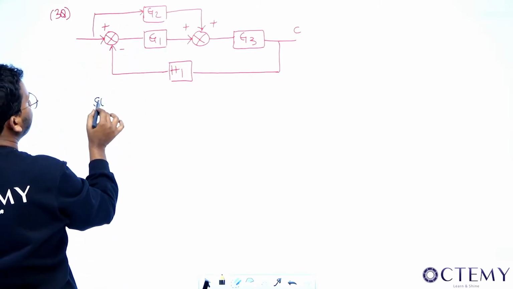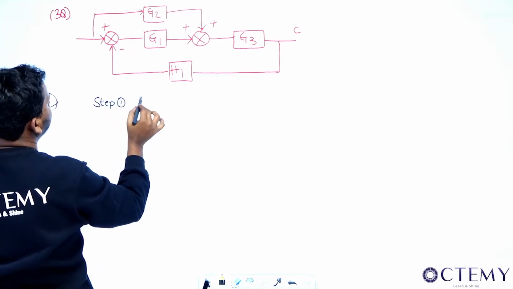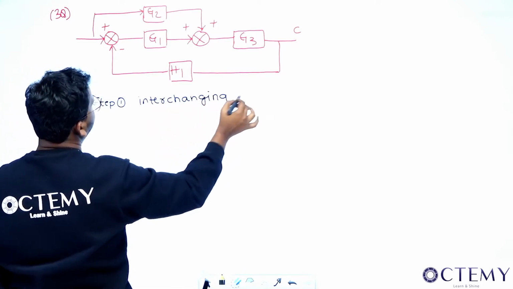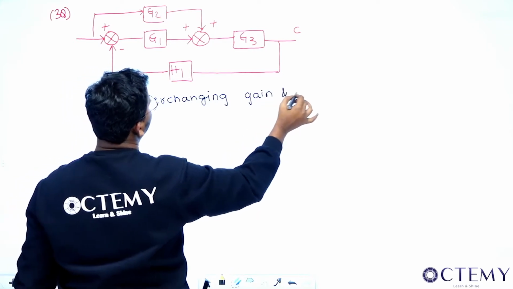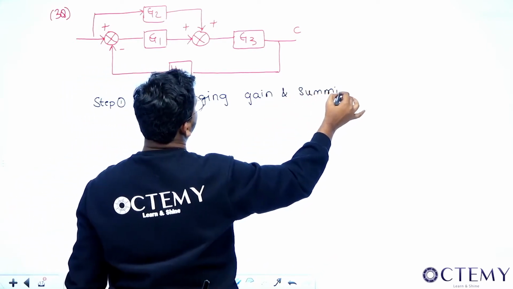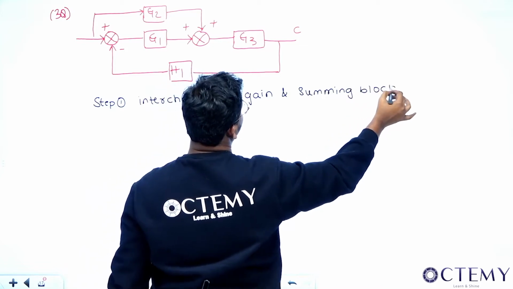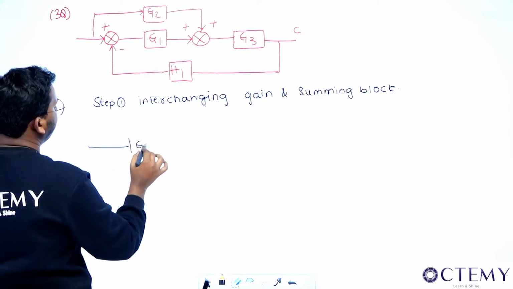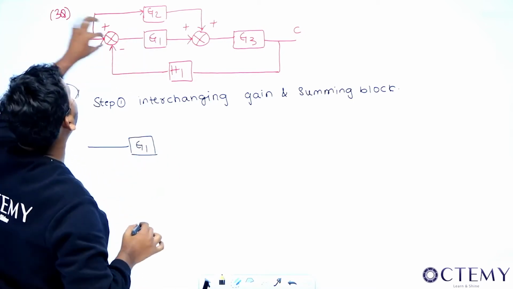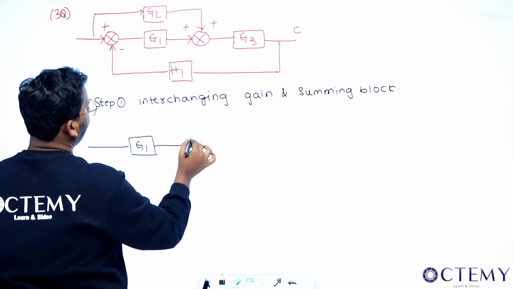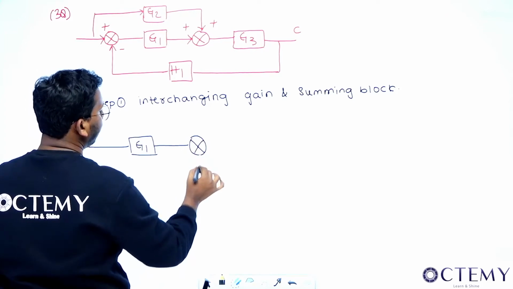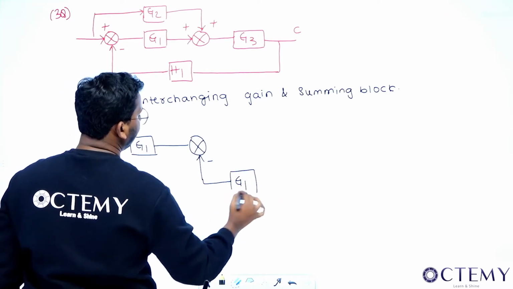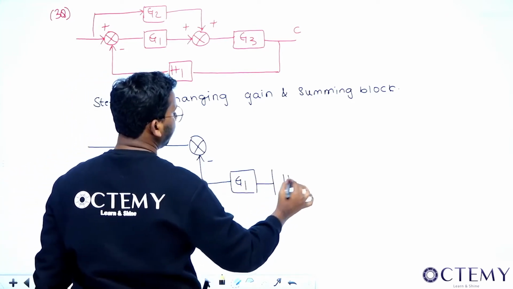The step 1 I am doing here is interchange. I am interchanging gain and summing block. So this is rule number 6, if you can remember. If you interchange that, see, sir, what will you get? Here you will get G1, because when you push this here, you will get G1 here as well as here. And this summing block will stay as it is and come here. This minus will stay, and you will get G1 here. And already an H1 was there, so this H1 will be here.